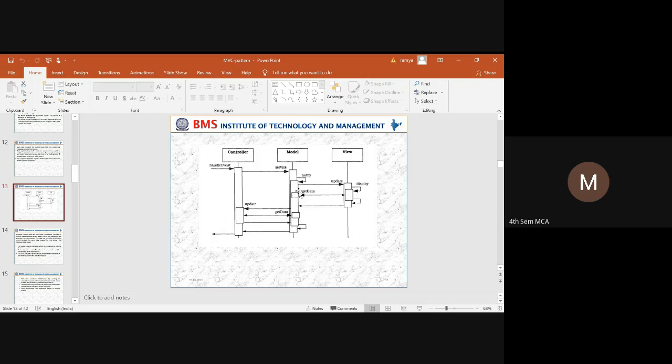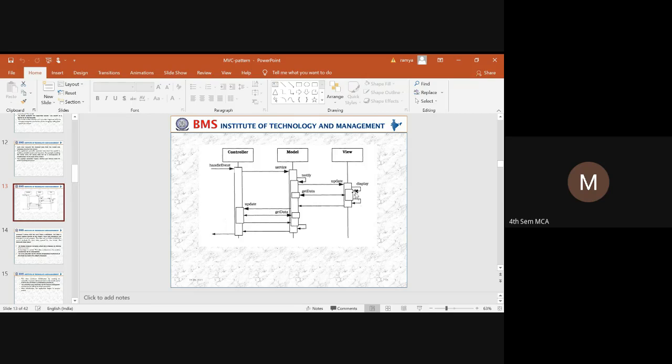Whatever changes happen will be notified to the functionalities and later updated to the view. The view will consider a particular chart or graph, invoke it, and display the data.